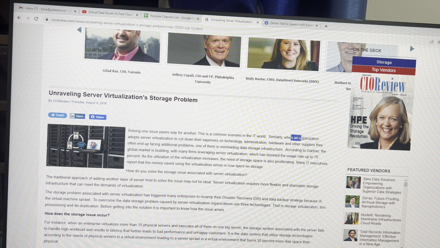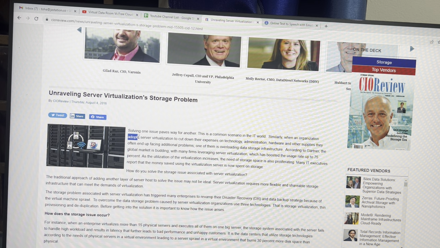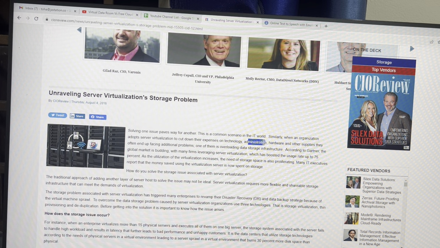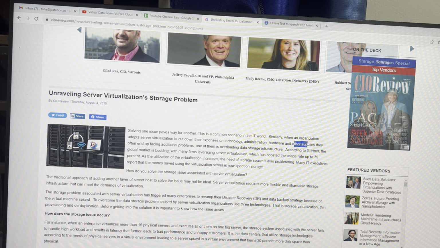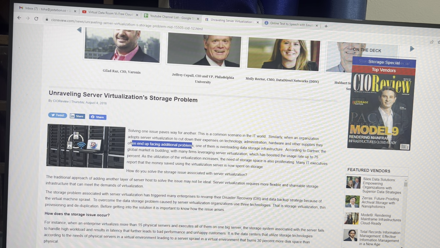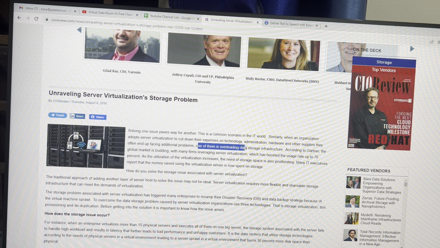Similarly, when an organization adopts server virtualization to cut down their expenses on technology, administration, hardware, and other supplies, they often end up facing additional problems. One of them is overloading data storage